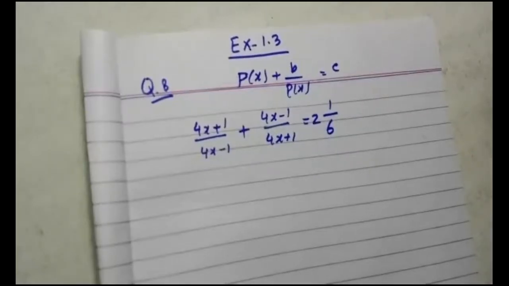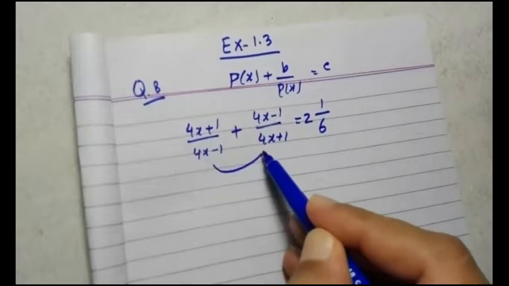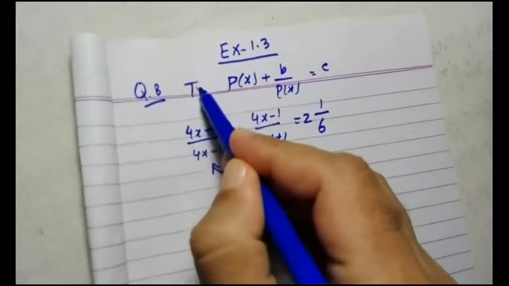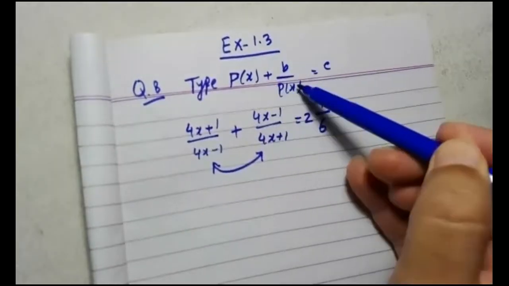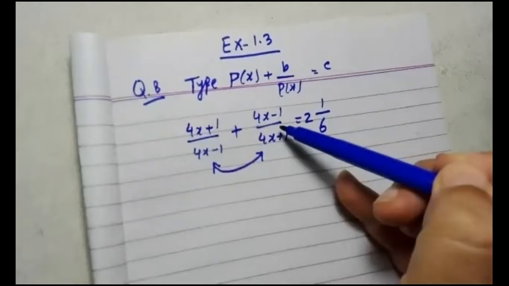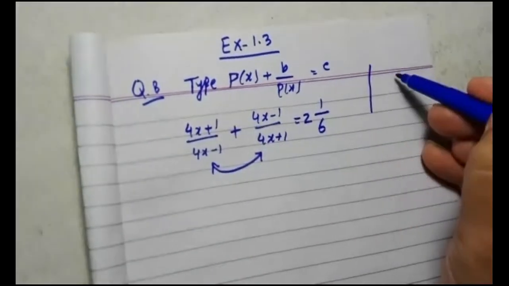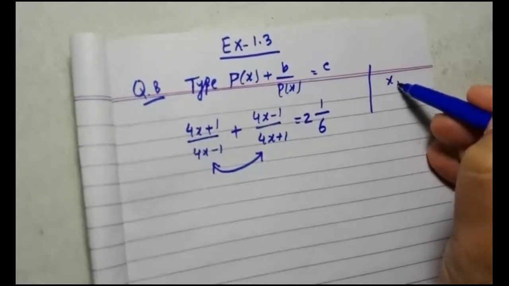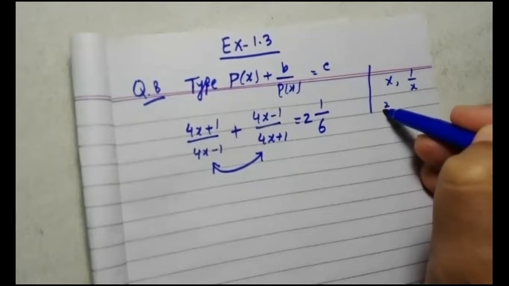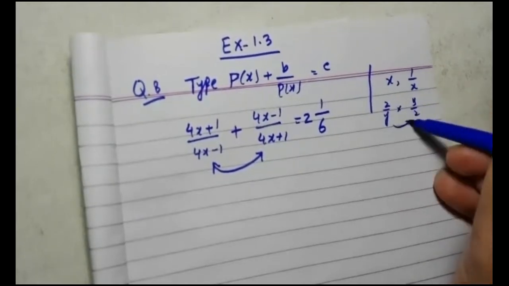Okay. You have noticed in this question that these two terms are the reciprocal of each other. That is the type of question I told you about, in which one term will be the reciprocal of the other term. You can see that 4x plus 1 is written, and in the very next term, it is written with its reciprocal. Reciprocal means that if x is written, then its reciprocal will be 1 over x. And if it is, for example, 2 over y, then its reciprocal will be y over 2. So both of these terms are called reciprocals.